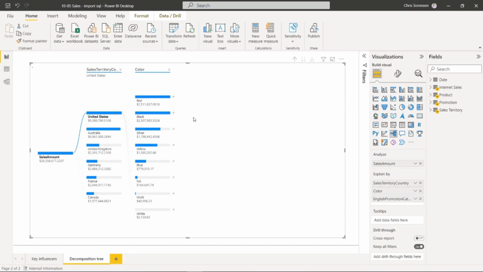I can say English promotion category. And then I can see that the highest one is no discount versus the reseller. So that is the decomposition tree going down according to the path that I want to take it down. And we can view the highs and lows